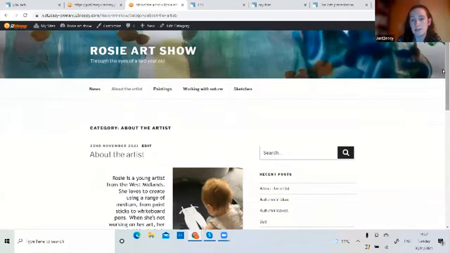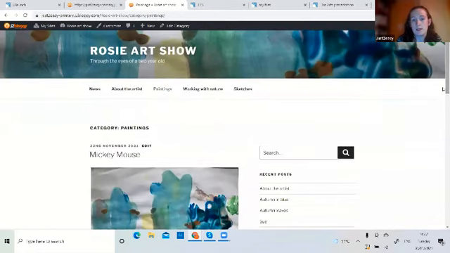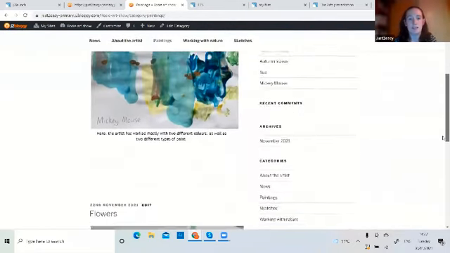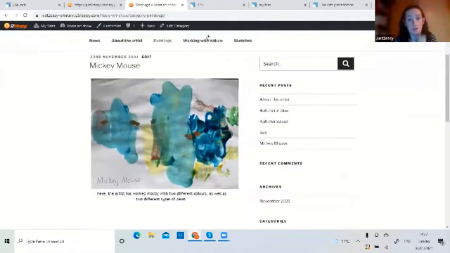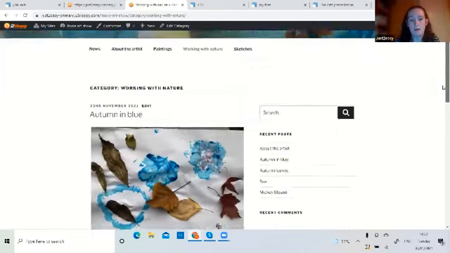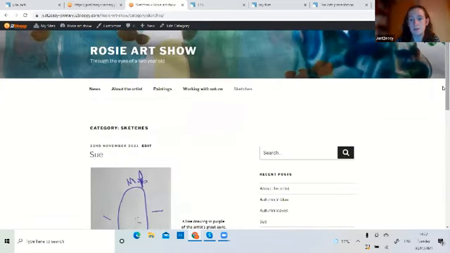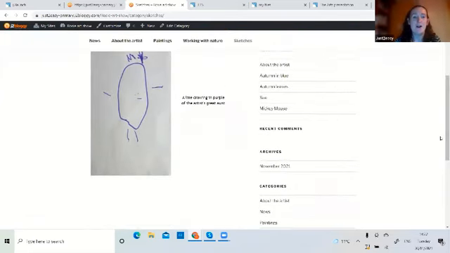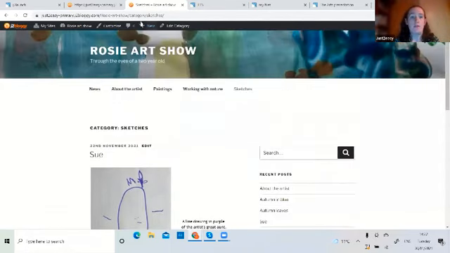And I've added some categories here. So I've done an about the artist. And then I've split my categories based on the work that she's done. And as you can see, just by adjusting the size a little bit, I've managed to get it so that all of her art is in view and it looks like a real little virtual exhibition. I've written a little bit about it underneath, and my personal favourite, my daughter's drawing of my auntie. So with some artwork in, these can look really, really lovely, and we can share this URL now with parents if we've made that public facing, so that they can really easily see all the work that their little ones have created.